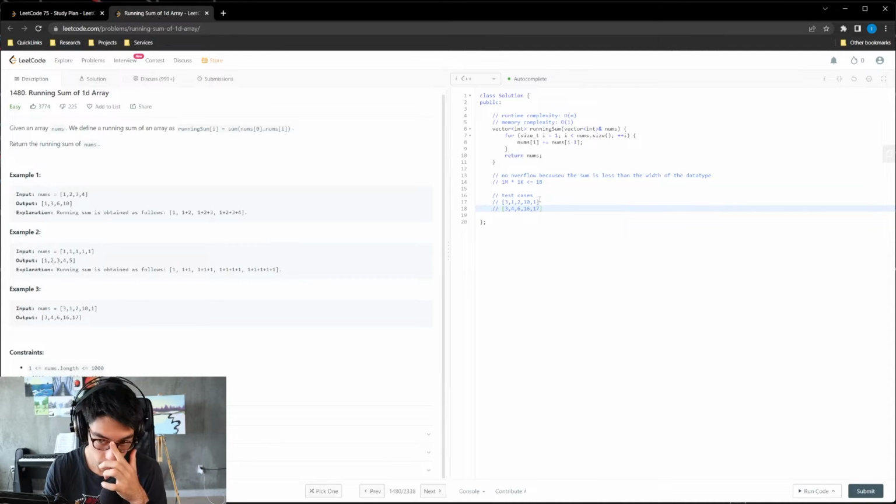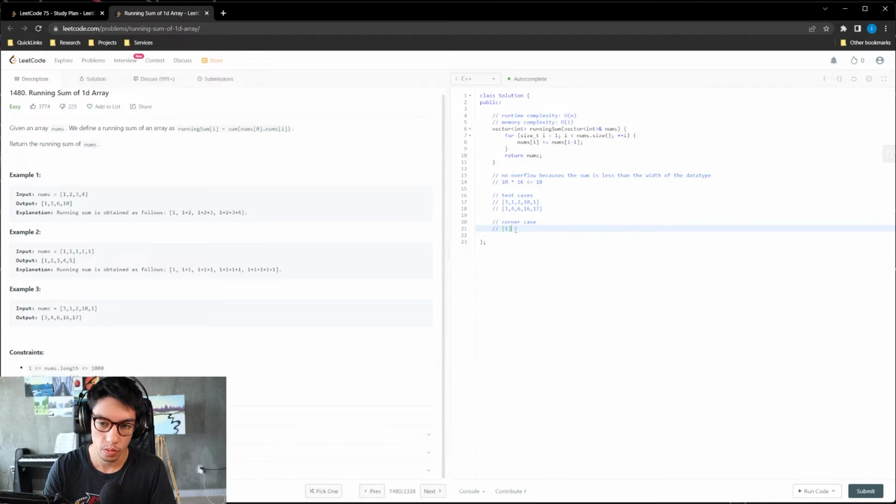Yeah. Let's do a corner case where the list is 1. In this case, we start at 1, and 1 is not less than the total size, so we don't actually do this for loop. So this just remains 1. That seems good.